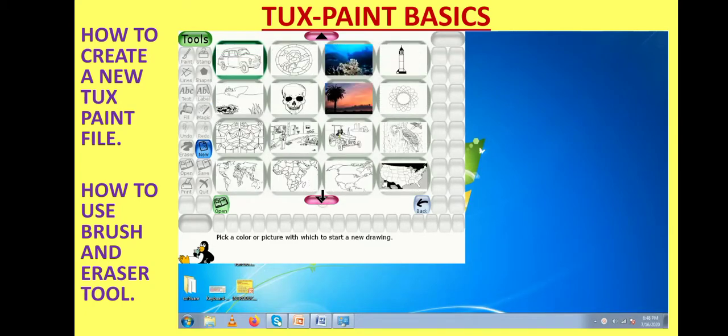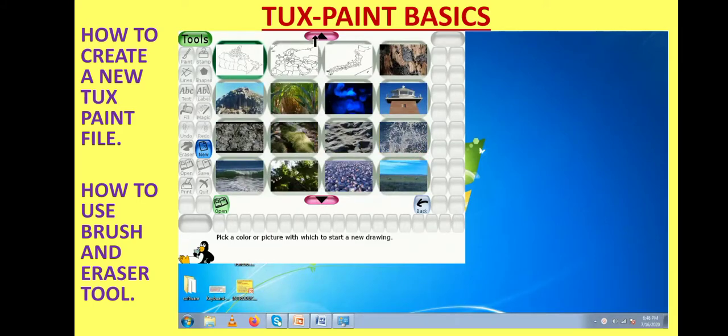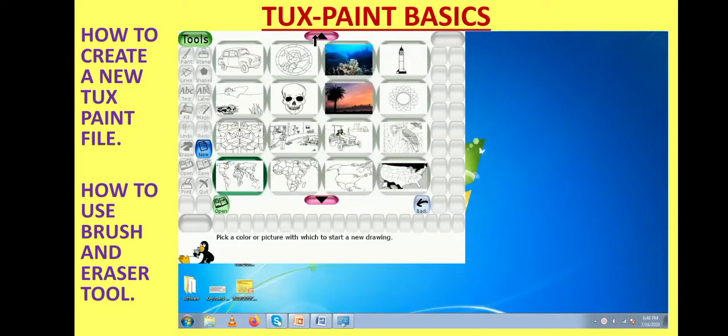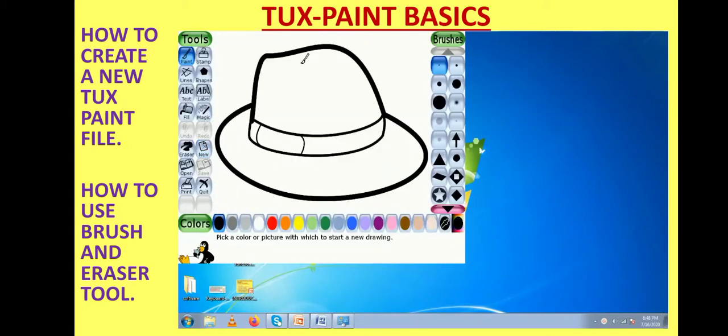You can scroll up and down to go through all the templates available. Choose any one of them. For example, I have chosen this hat, and click on Open. So that template will appear on your Tux Paint screen.